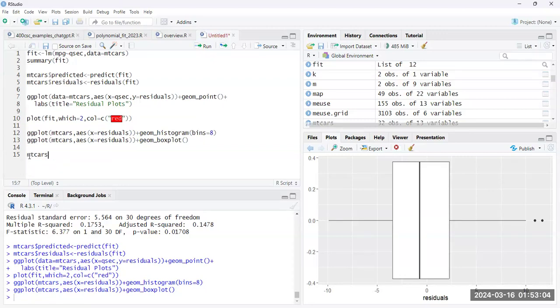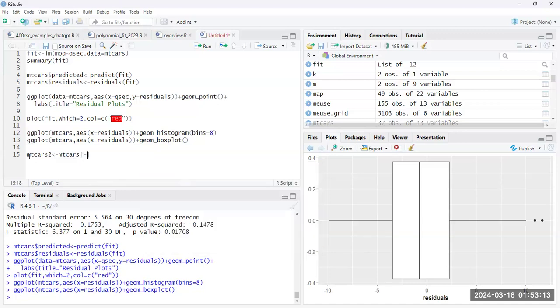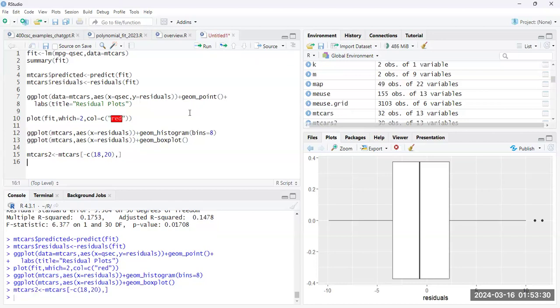So for instance, if we wanted to extract just a couple of observations, we could extract observation 18 and observation 20, if those were our problematic observations. And then I created another data set, mtcars2, so that I still have the original mtcars that I can refer back to if I need it,